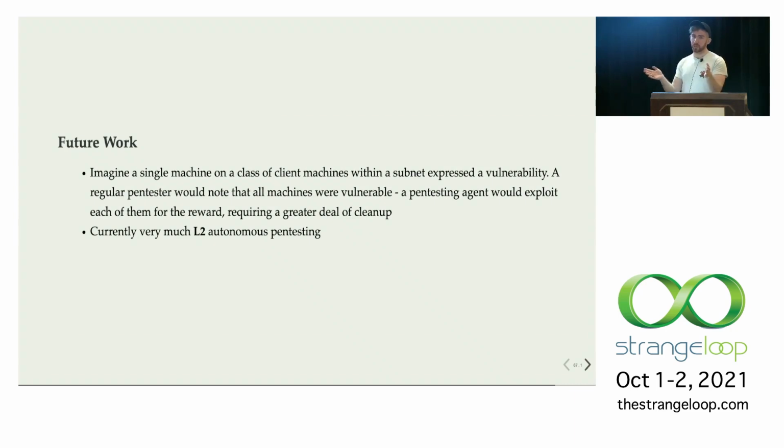I see a bunch of client machines, right? Machines people are using for email, Excel, whatever. And I see a vulnerability being expressed. As the pen tester, assuming that's in scope, I'm gonna pop 2 of those boxes max. The first to see that I was right, and the second to verify that they probably all share this configuration, and then I'm gonna write a report that says, hey, all 350 of your machines, this probably applies to them. But my bot here would just be like, 300 free reward juice?